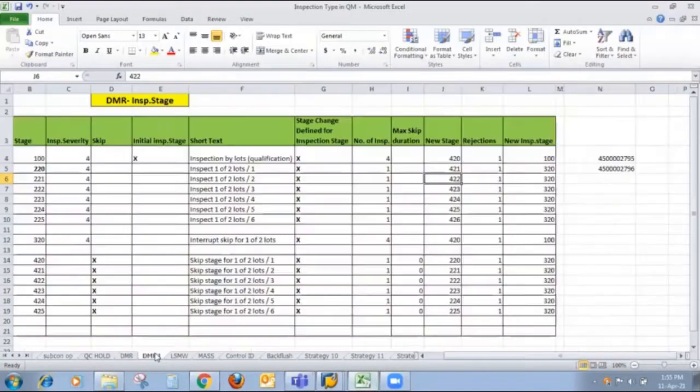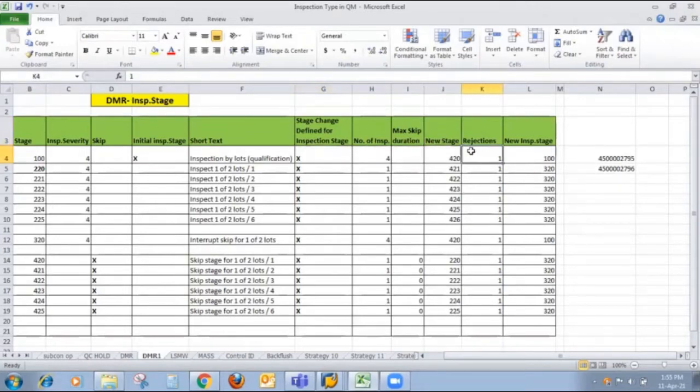The same chart I copied here, which we use for creating our DMR rule or DMR scenario. The chart itself tells us column B is for stage, then inspection severity, skip, initial stage, inspection stage, short text, then stage change defined for inspection stage, which is marked, number of inspections, maximum skip duration, and new stage.